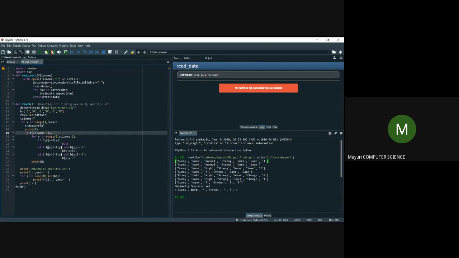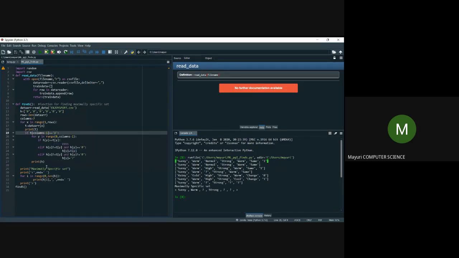Suppose the values are not same and your hypothesis value is 5, that is the case right now. Sunny and 5 are not same and your hypothesis value is 5. What I have to take at that time is only the dataset value called T. So if both are not same and my hypothesis value is 5, what do I have to do? I have to take my dataset value only as the hypothesis value.